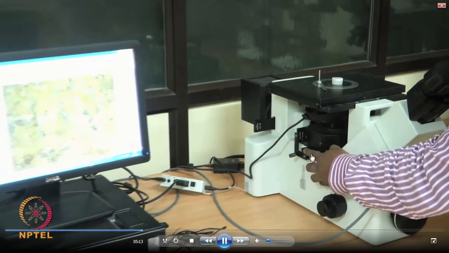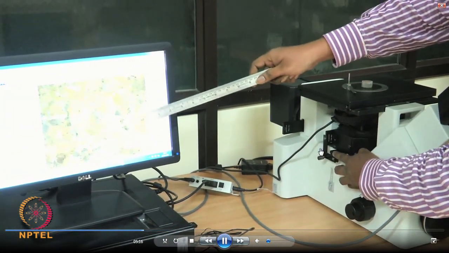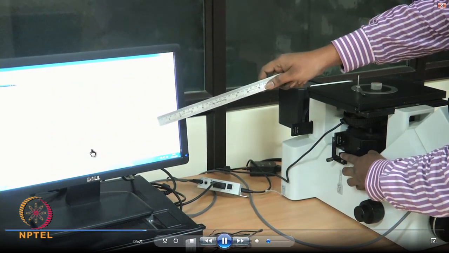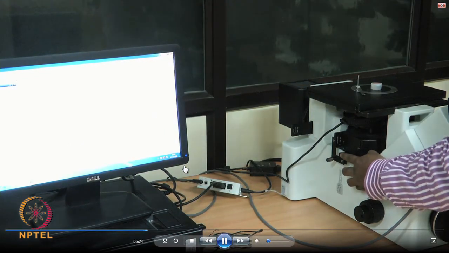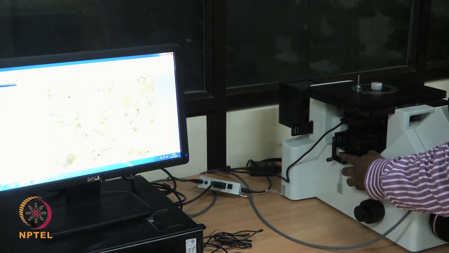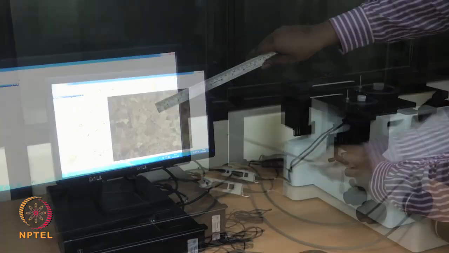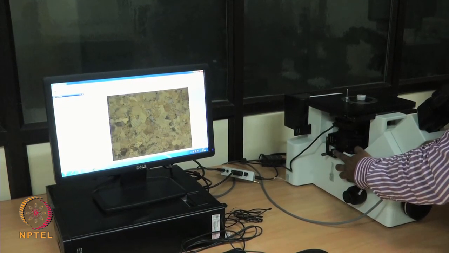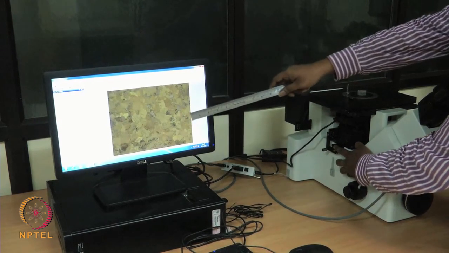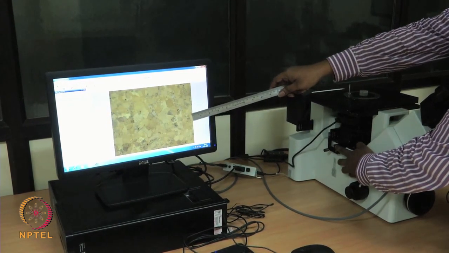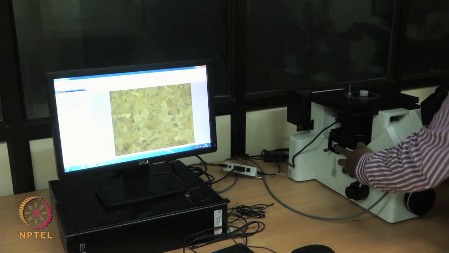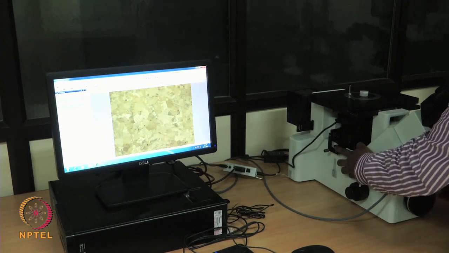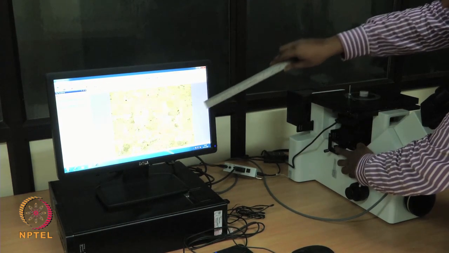Now, you will see that he is again rotating this analyzer, and your image will become almost like a bright field image. That means the phase shift between these two, which contributes to the contrast, is not there. So, as long as you are able to do this manipulation of the retardation, or I would say the phase shift, you will be able to get better contrast in the specimen.